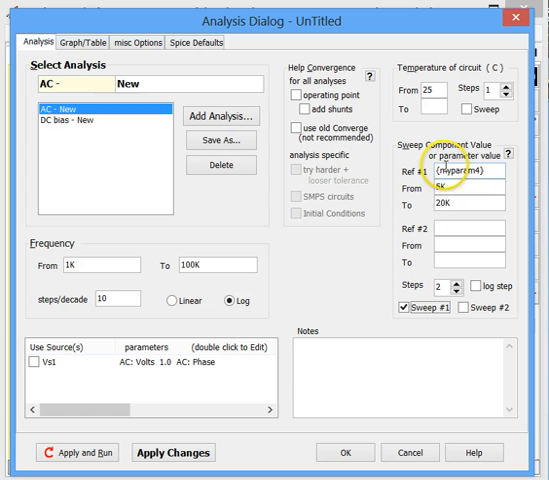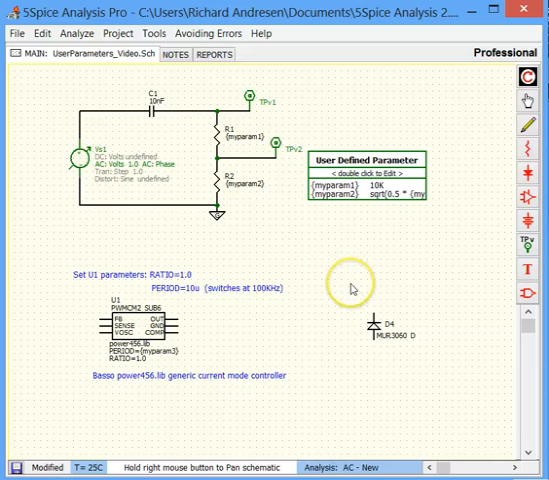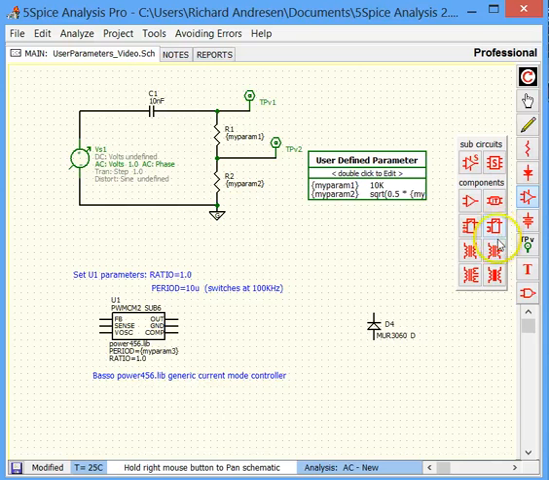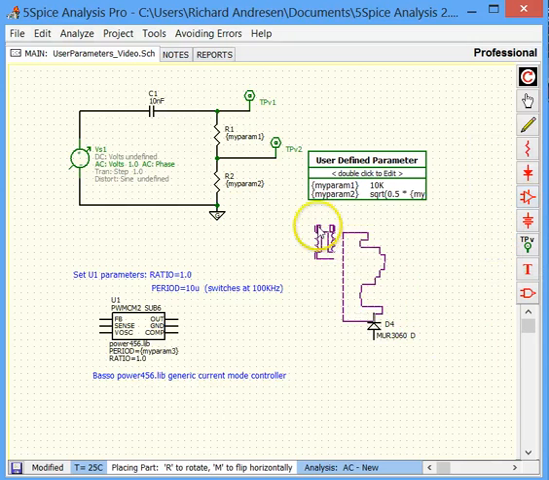But here we're going to actually sweep the parameter value, and anything that uses my param 4 will be swept. Whether it's an equation, whether it's just a resistor value or a capacitor value, even if it's one of those subcircuit parameters we just looked at. So that's very powerful, especially if you have a component like, for example, well, like a transformer,